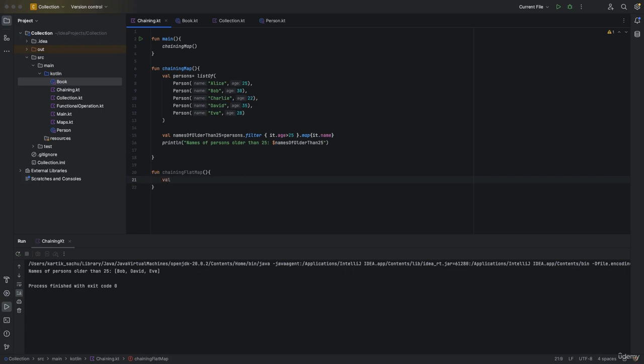So I'm gonna say val books is equals to listOf, Book, Kotlin in Action, then listOf Dmitry Jemerov, Svetlana Isakova. Once that is done, use comma, then again a Book